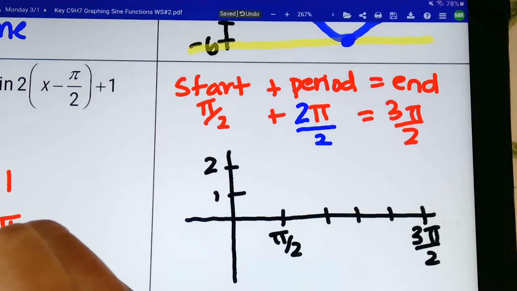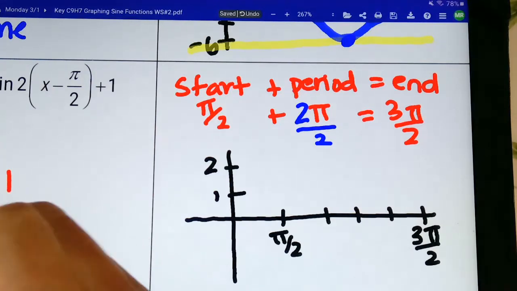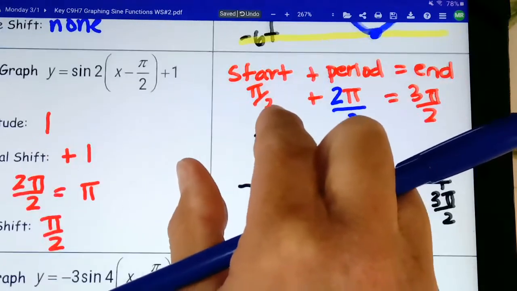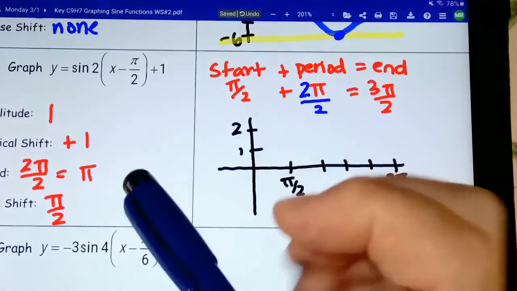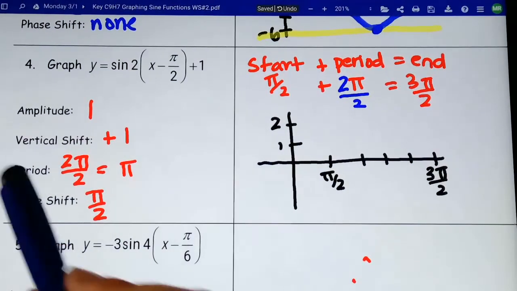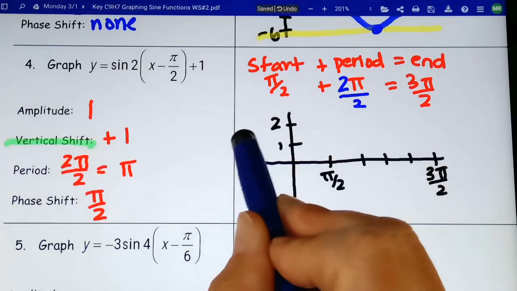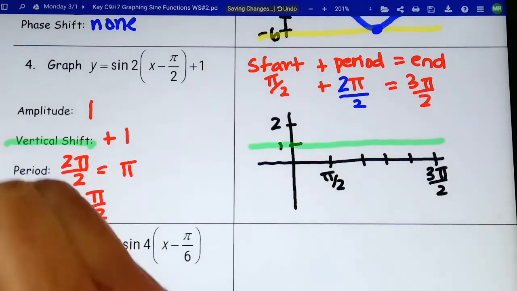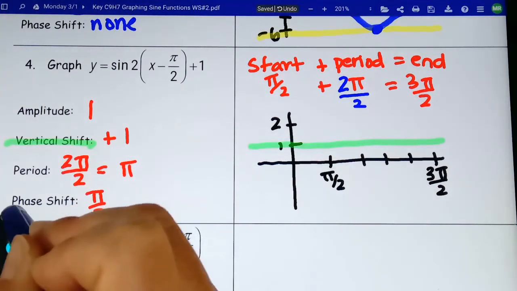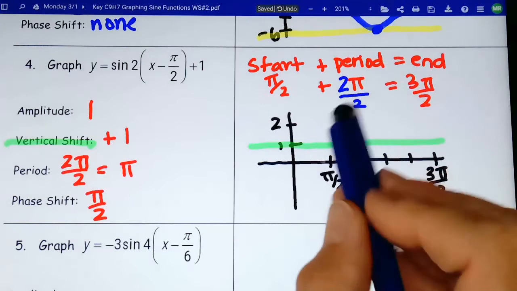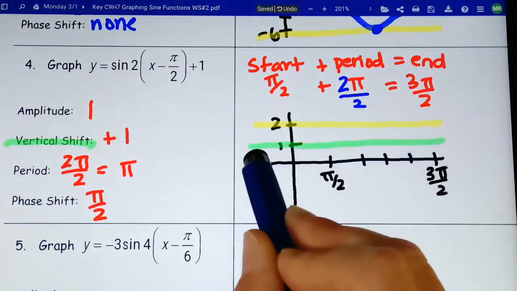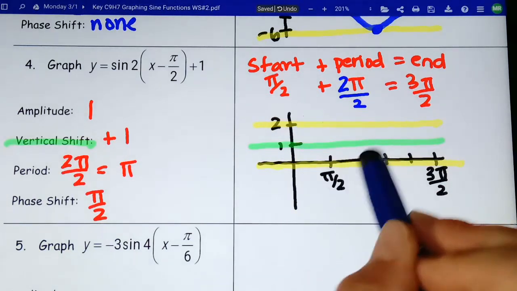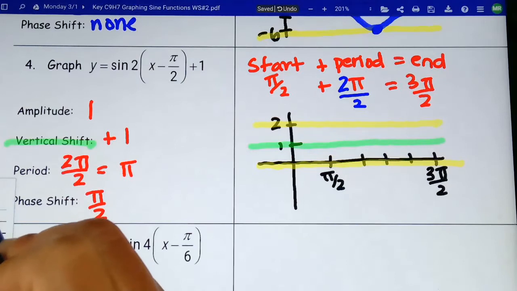Now I'm going to draw in my vertical shift. Okay, so my vertical shift, if I move this over, is 1. So I'm going to have a line at 1. And then I'm going to be going, because my amplitude's 1, up 1 and down 1. Okay, so I'm basically from 0 to 2 is kind of where my sine's going to be going. And then when I plot this,